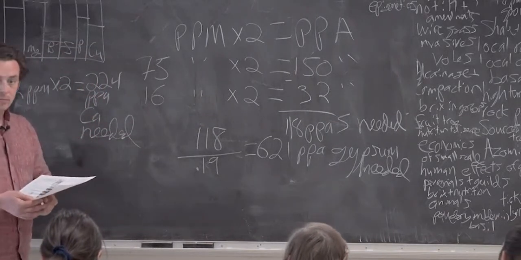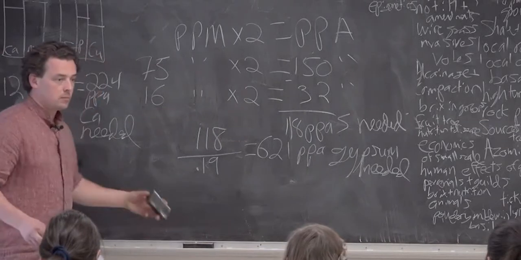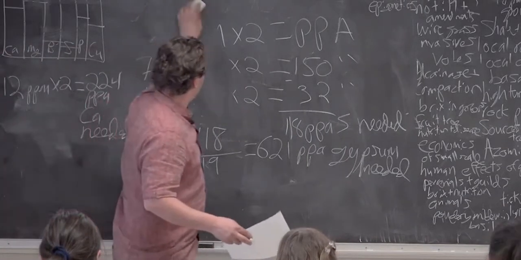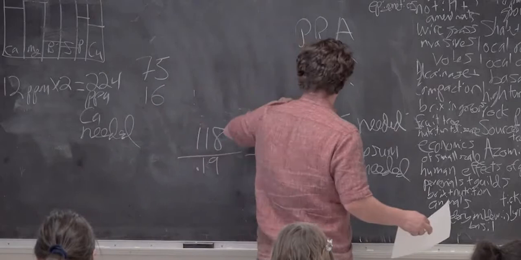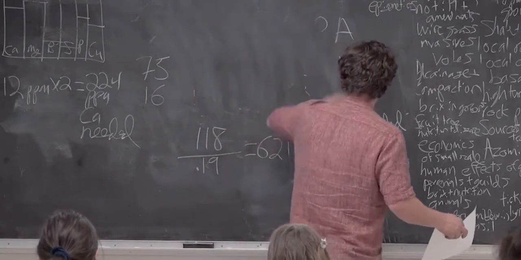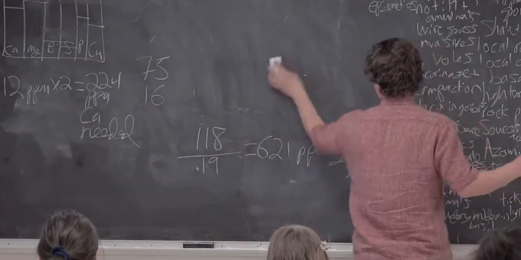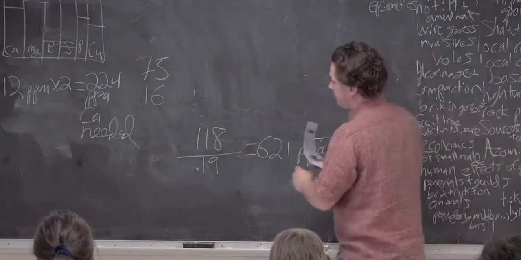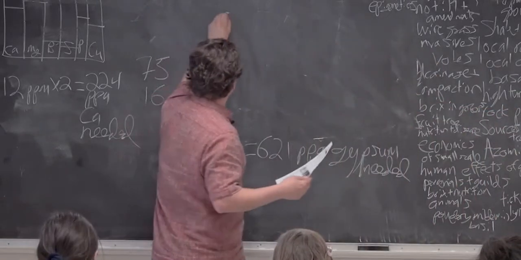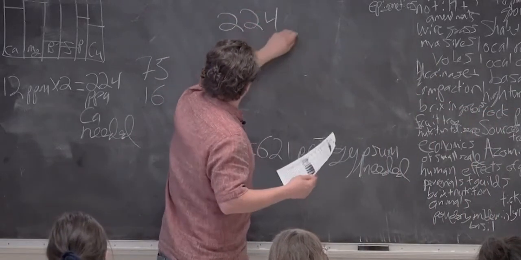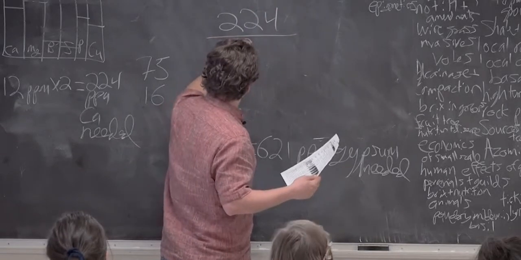All right? Gypsum gives us what percent calcium? 23.5. So 224 divided by 0.235